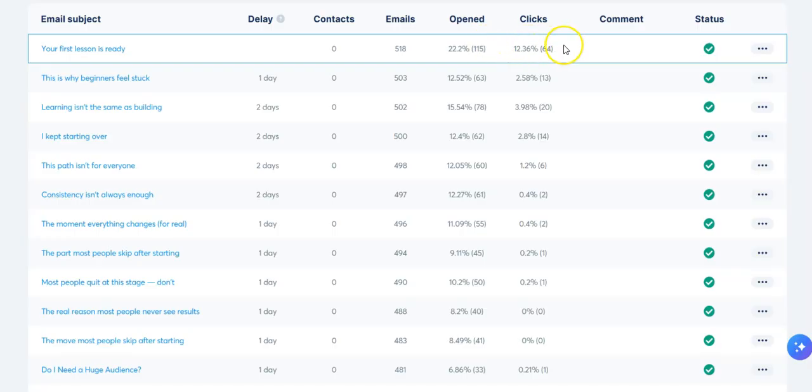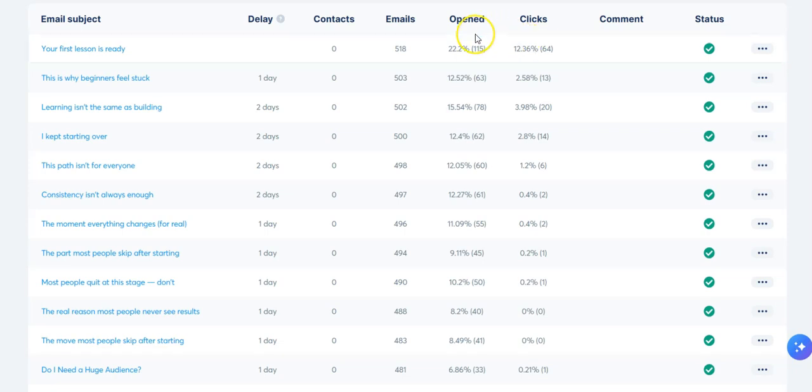And when it comes to the metrics that I focus on, it's open rates and click-through rates. Okay, opened meaning open rates. Clicks meaning people who have clicked the links that were in your specific email. And this is like an email follow-up, an example.